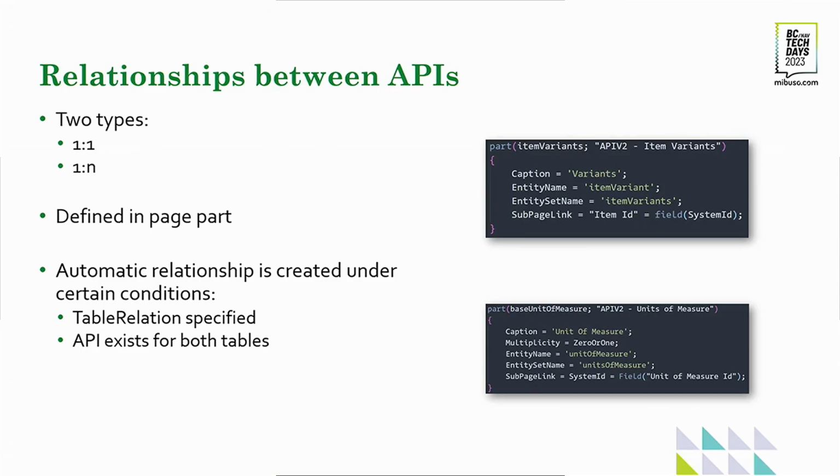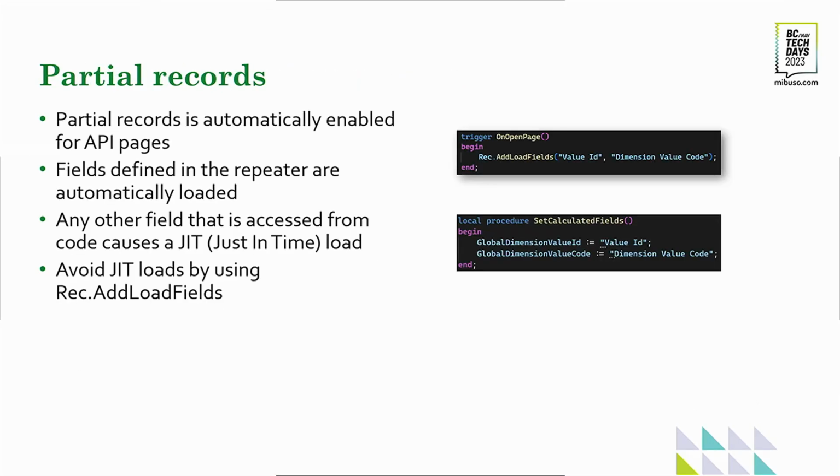Okay, then partial records. Something I would like to point out is that partial record is automatically enabled for API pages. It knows the list of fields that you have in the repeater, and it will automatically apply partial record. So it does, behind the scenes, a SetLoadFields. Now that means that